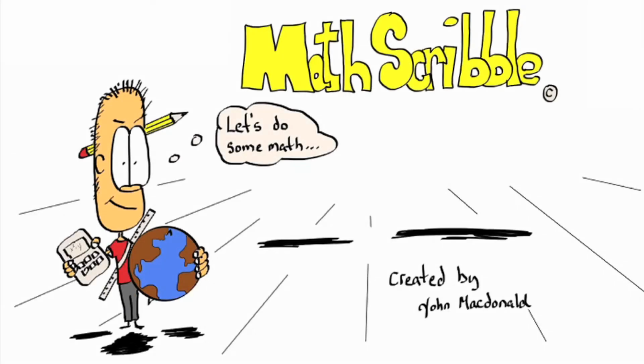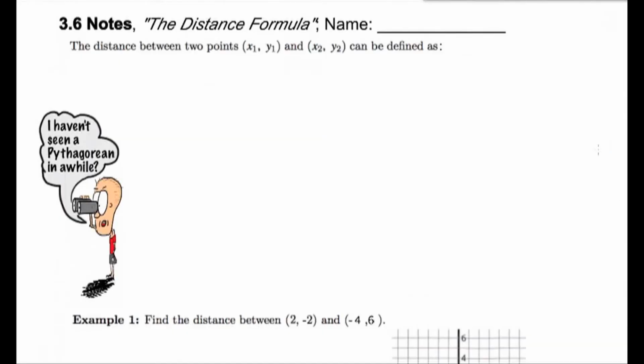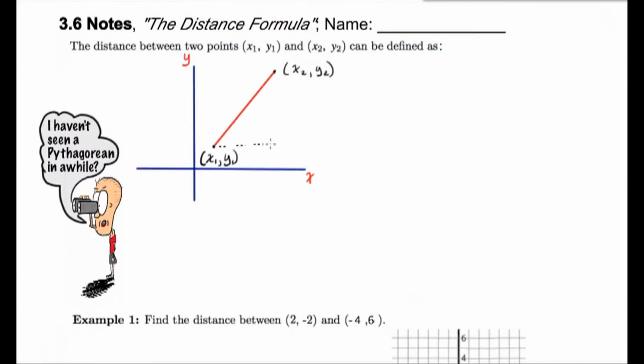In this video tutorial, we're looking at the distance formula and specifically trying to find the distance between 2 points, x1, y1, x2, y2. And the formula is derived from Pythagorean theorem. So if I have 2 points on the coordinate plane, x1, y1, and x2, y2, and I superimpose a right triangle here,